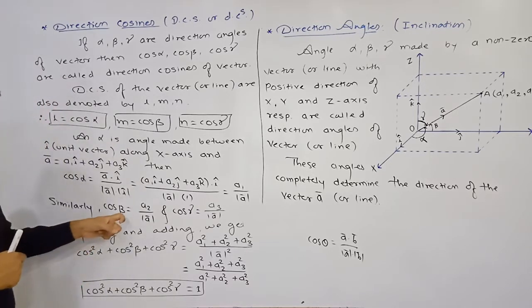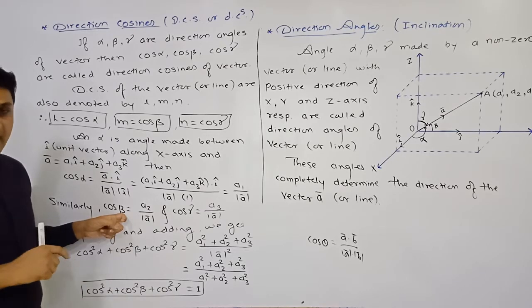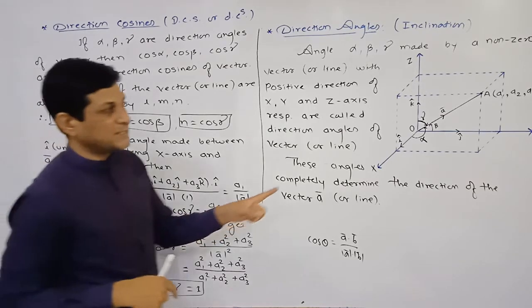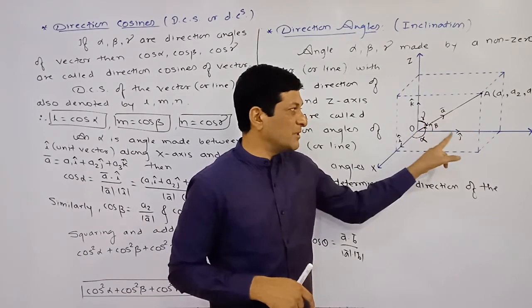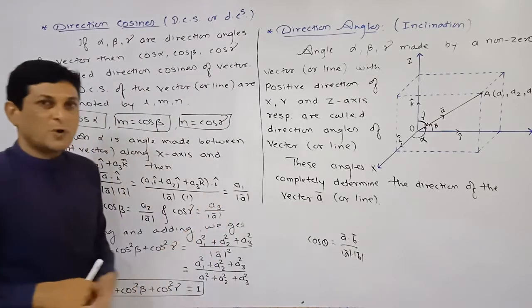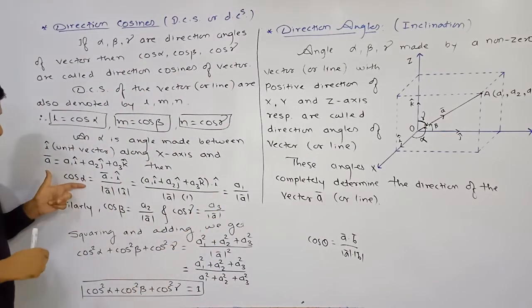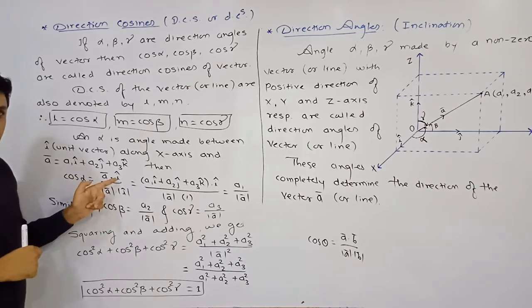So now what is this beta? Beta is the angle made by the vector with the y-axis. And which is the unit vector along the y-axis? The unit vector along the y-axis is j cap. And this a bar makes angle beta with j cap. Now we are finding the value of cos beta using the same definition. If instead of alpha we are taking beta, here i cap will get replaced by